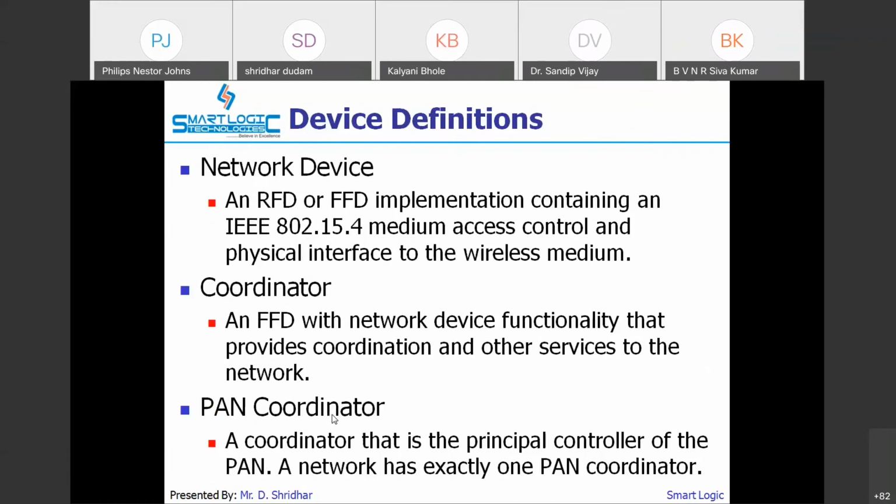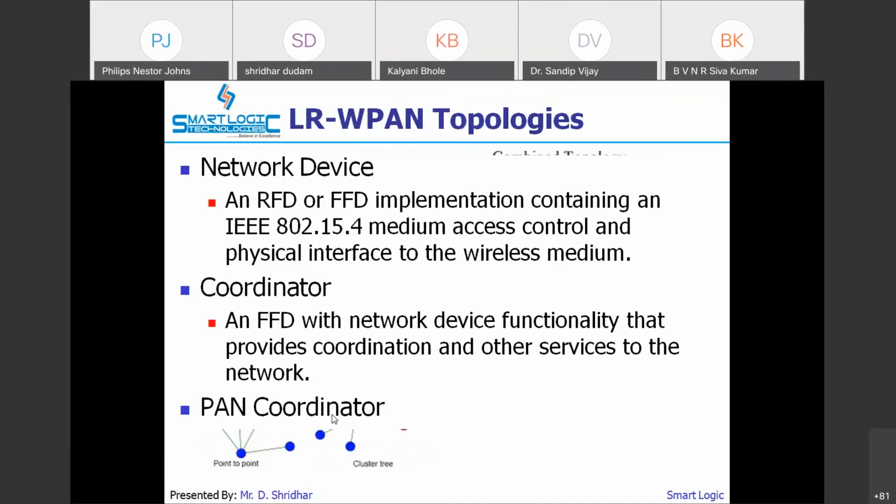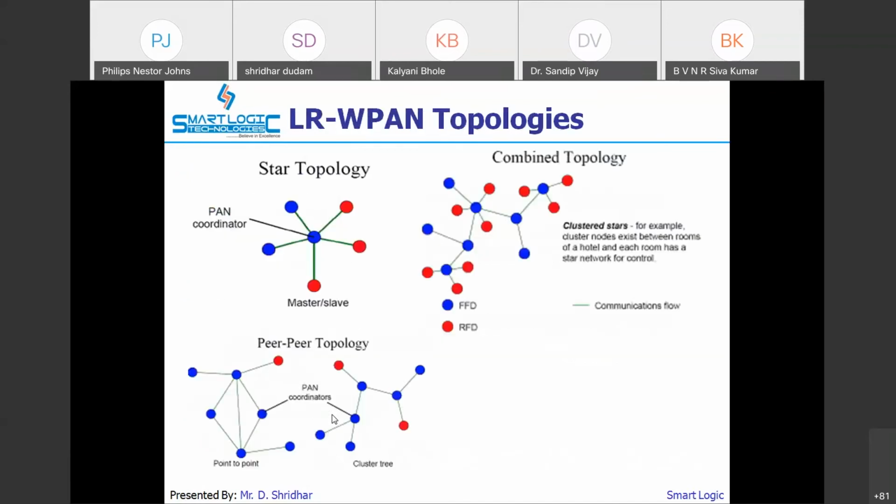The network device, coordinator, and PAN coordinator are all FFD devices, which can be turned into a master for my communication. So these are the topologies supported by low rate WPAN.